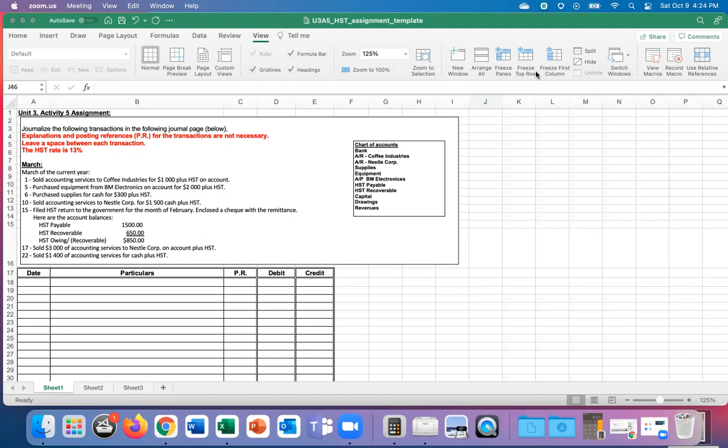What I'm going to do is go through the first two transactions with you. Then I'm also going to skip down to the March 15th transaction just to explain that one a little bit, because it's a little different than the others, and without explanation it can be hard to understand what exactly is going on there. The first two transactions should show you the basic idea of how to deal with this and give you two good examples on how to do the rest